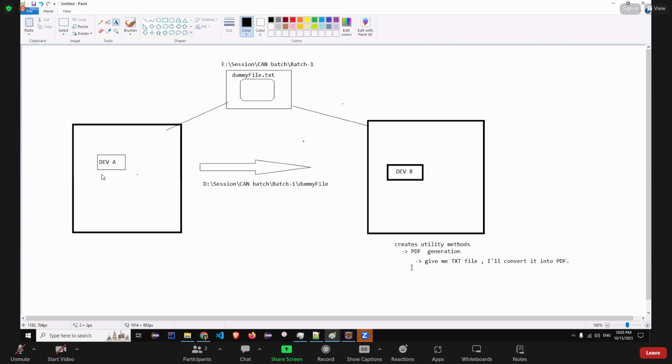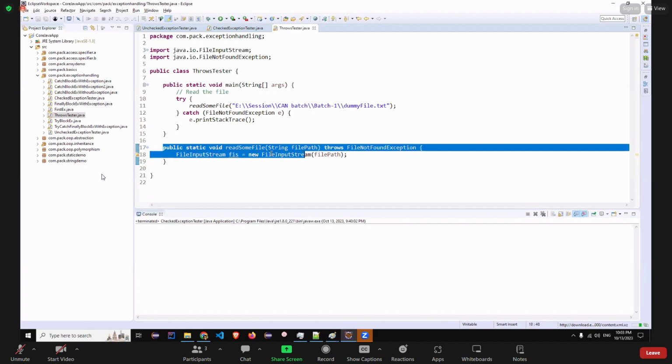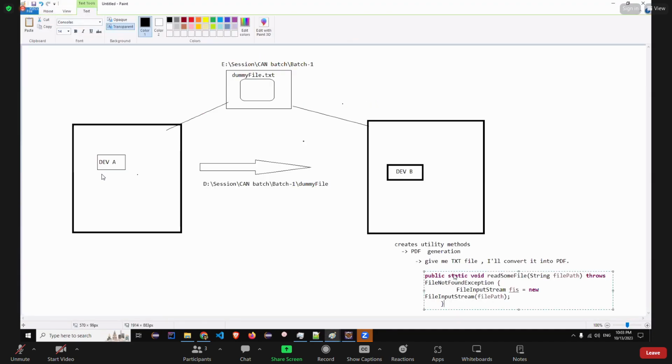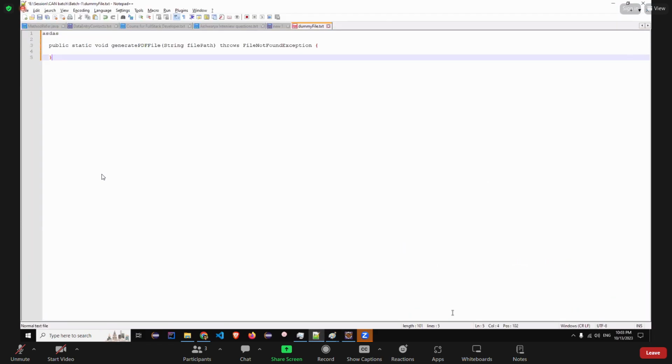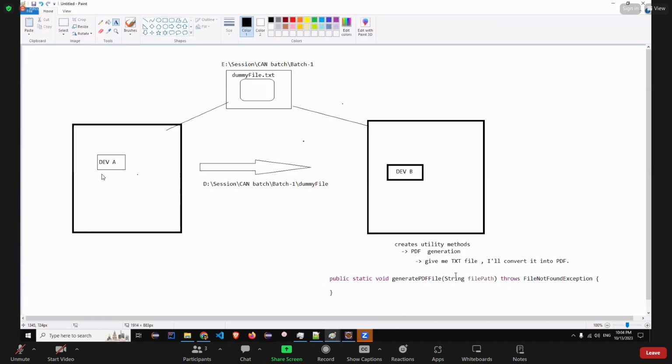अब कोड क्या करा, कोड इसके अंदर गया, इन्होंने लिख रखा है इस वे में मेथड। अभी ये थ्रोज हटा देते हैं, इन्होंने लिखा है ऐसे करके। इनका काम है कि read some file, और मैं इसको थोड़ा फिक्स कर देता हूँ, और generate PDF file, that's how typically it looks like. ओके, अब अगर मैं इसको ऐसे हटा दूं, इसको पहले कॉपी कर लेता हूँ, कॉपी कर लेते हैं, इसको यहाँ ले देते हैं। ठीक है, तो अब इसका काम क्या है, ये एक फाइल का पाथ लेगा, रीड करेगा उस फाइल को और कन्वर्ट कर देगा PDF में।